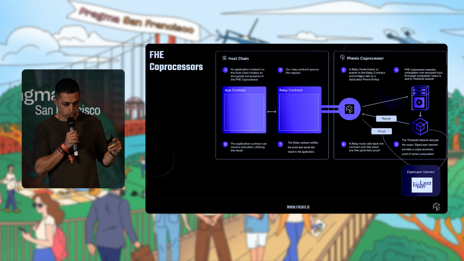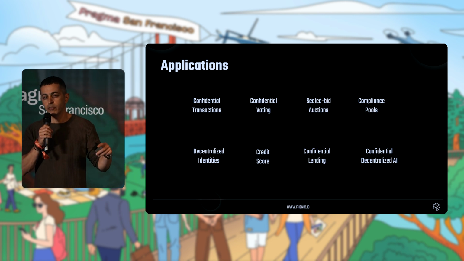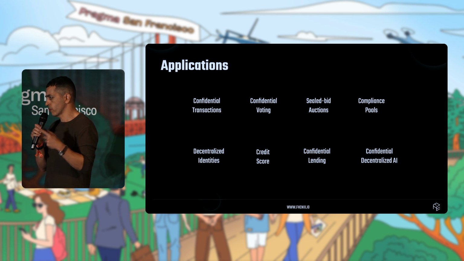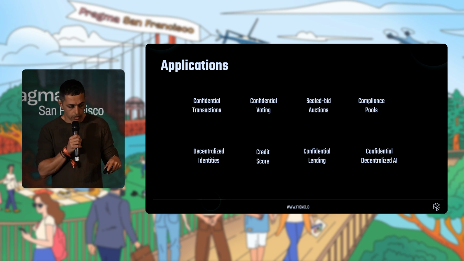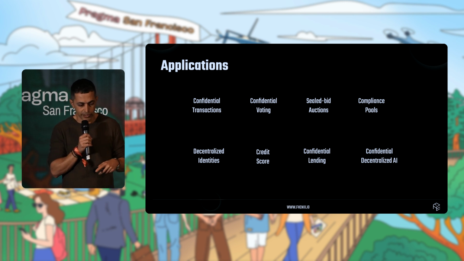So what I'm going to do now is take a couple of minutes just to talk about a couple of applications, because it's all great. We have technology. The technology is transformational. But what can we do with FHE? So some of the use cases, I would say, are what I call the immediate suspects. So very easy to implement.